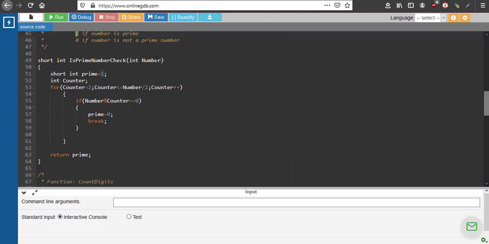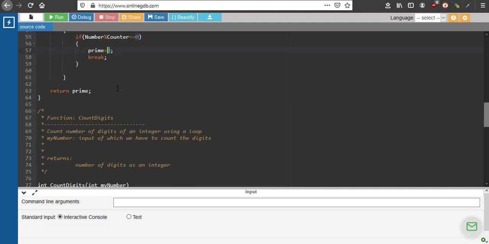So what I'm doing is taking the numbers from 2 up to that number divided by 2, and I am checking whether the number is divisible. If it is divisible, it is not a prime. Otherwise, it is a prime number, right? Prime is equal to 1. Initially I'm assuming the number to be prime. Up to that number, I am dividing. If the division is possible, it is not a prime, so I am turning the value to 0. If it is 0, it is not a prime. If it is 1, it is prime. That is why I am returning this. So this is how the prime function works.